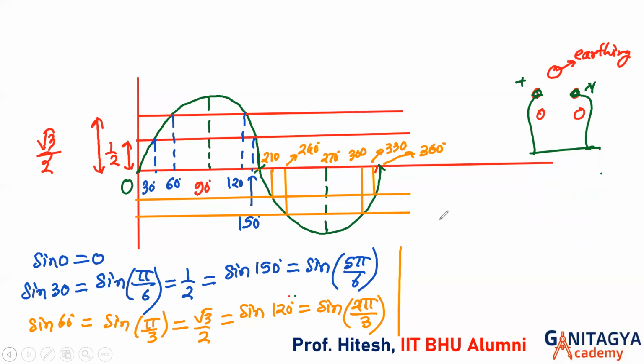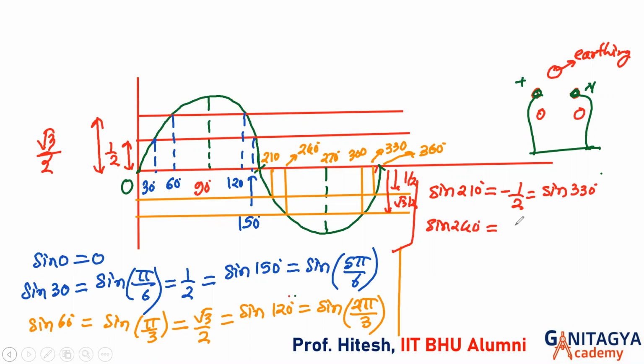चलिए, ओके, so sin 210 is equal to -1/2, ठीक है। ये लाइन है 1/2 की और यहां से लेकर यहां तक √3/2 की, ठीक है। Sin 210 is -1/2 is equal to sin कौन सा 330, ठीक है। चलिए, उसको पाई के टर्म में you can write, then sin 240 is equal to sin 300 is equal to -√3/2। अंडरस्टूड।